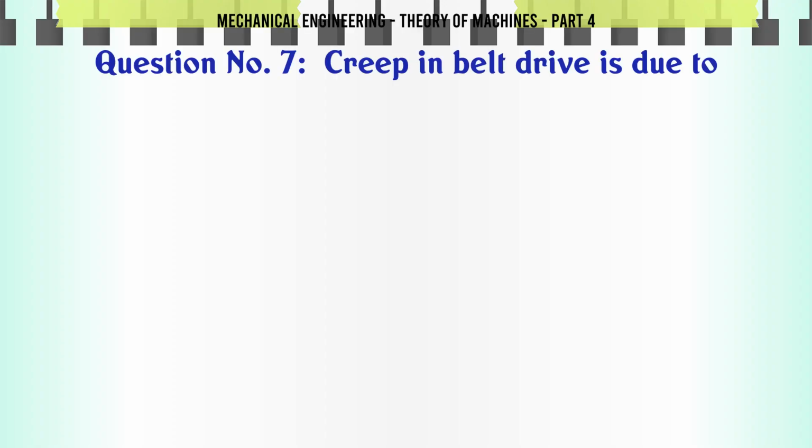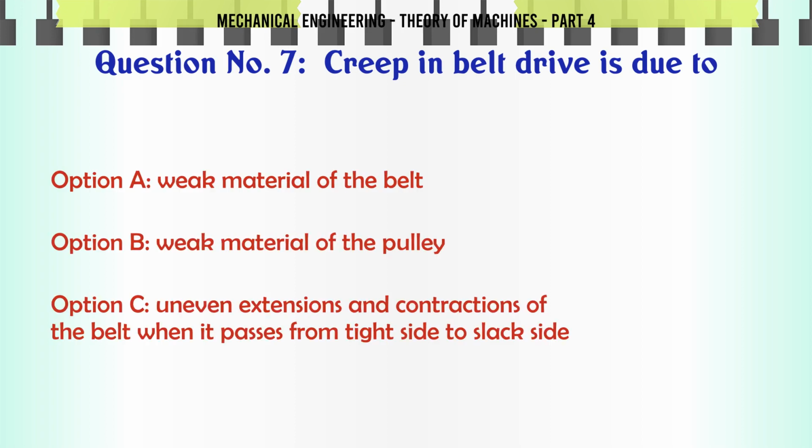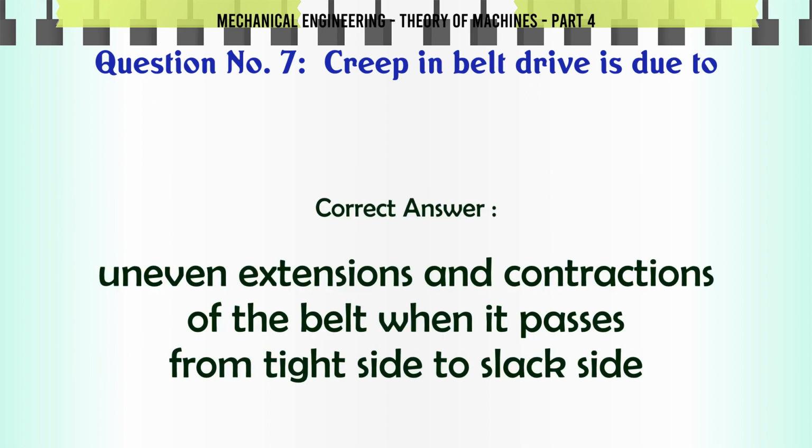Creep in belt drive is due to A. Weak material of the belt, B. Weak material of the pulley, C. Uneven extensions and contractions of the belt when it passes from tight side to slack side, D. Expansion of the belt. The correct answer is uneven extensions and contractions of the belt when it passes from tight